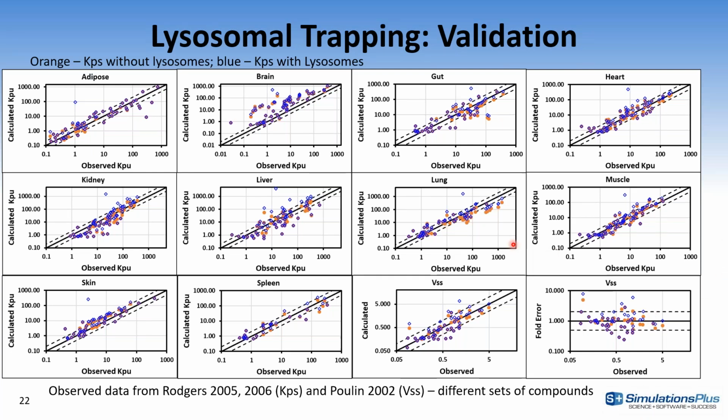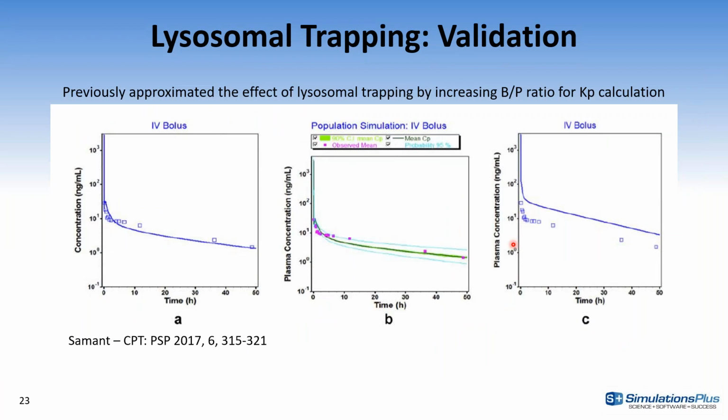So for the lysosomal trapping, these were the calculations of the KPs and volume of distribution. One more validation example. Those of you who have dealt with lysosomal trapping might have seen this publication a couple of years ago on desipramine, which is a strong lipophilic base, with potential for lysosomal trapping and its effect on volume of distribution as well as on the absorption. And in this publication, we applied the strategy that we would typically recommend in the past for these types of compounds: increase the blood to plasma ratio to calculate the volume of distribution to account for that lysosomal trapping.